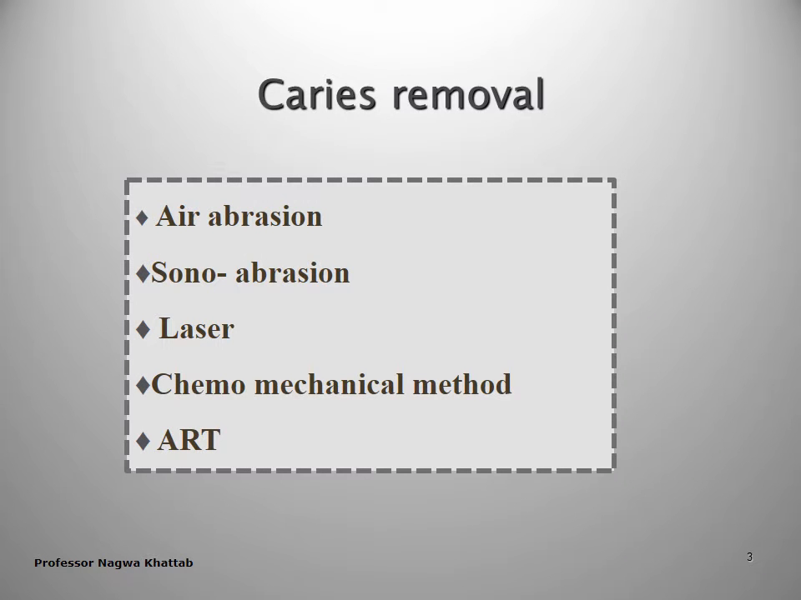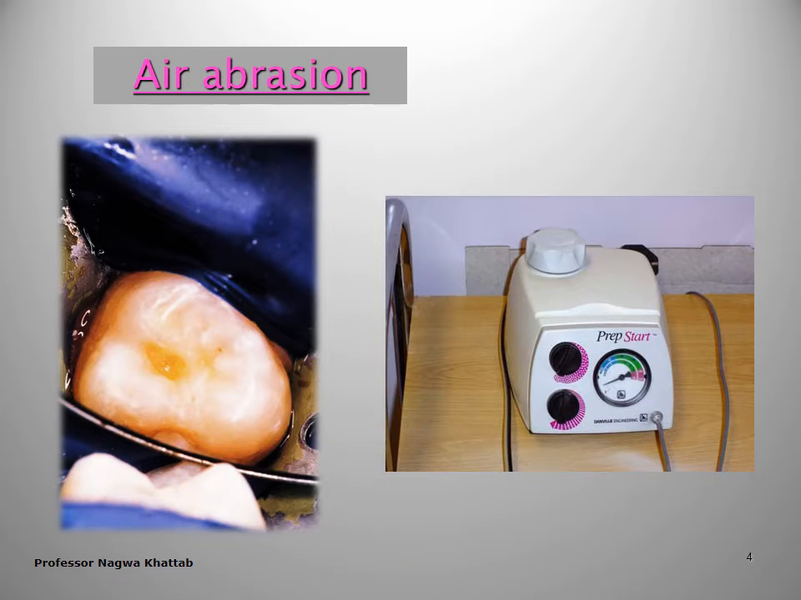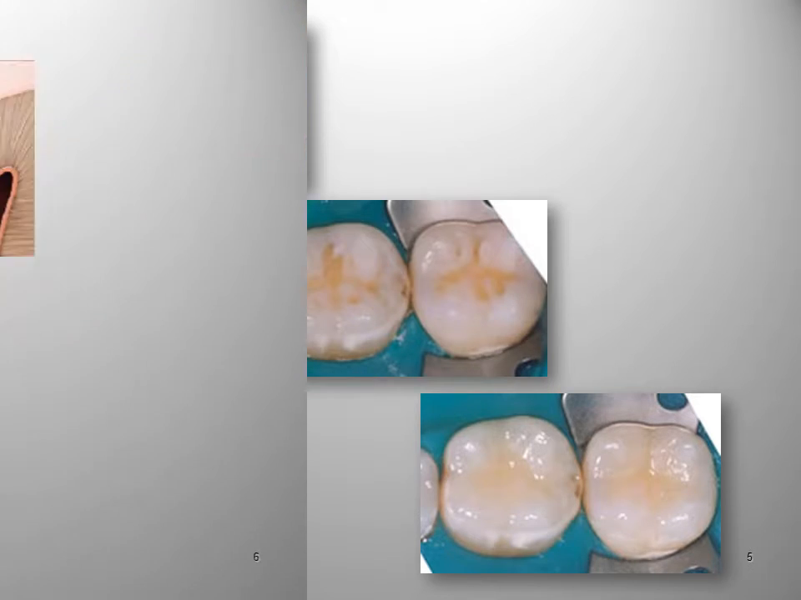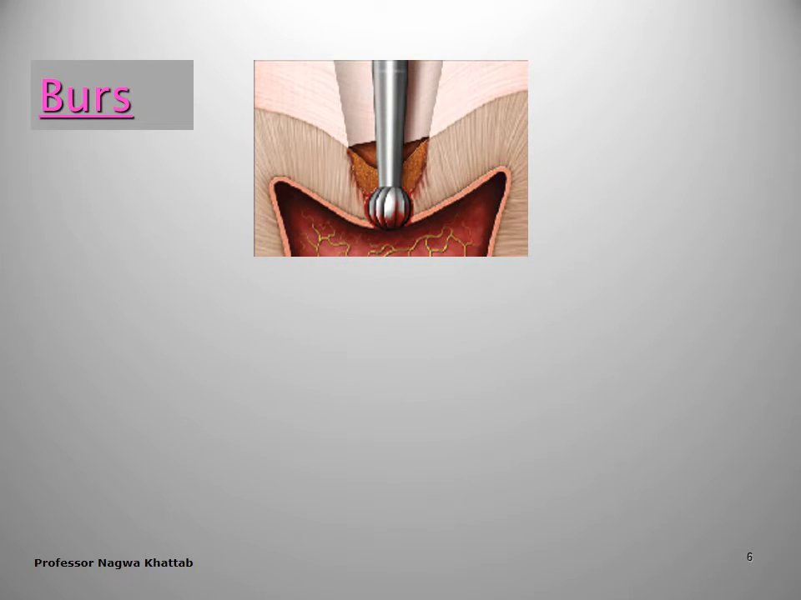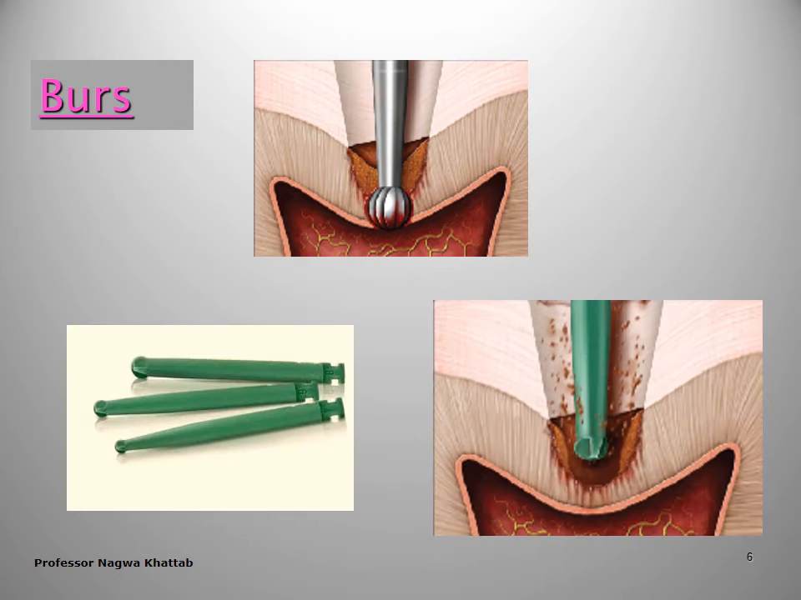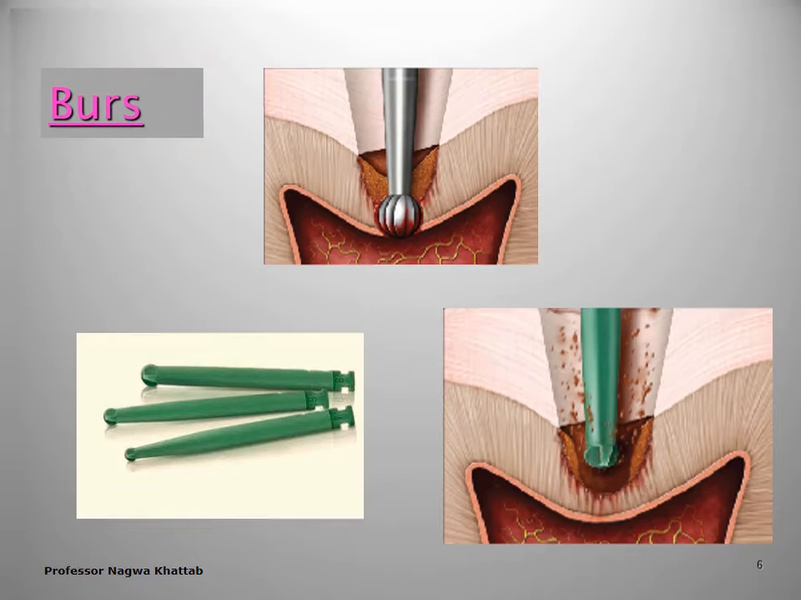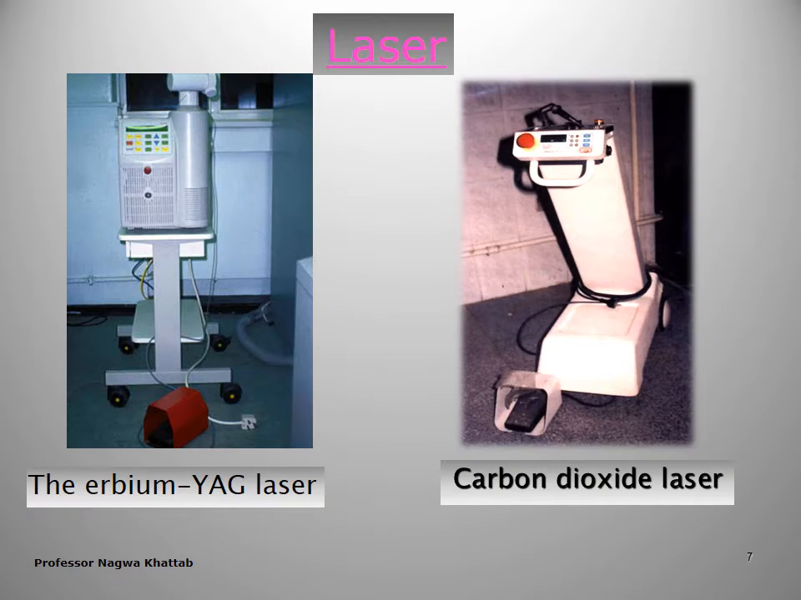For minimal caries removal, you can use air abrasion, sono-abrasion, laser, chemomechanical methods, or ART. The air abrasion device and the cavity prepared with the bur. For the conventional method, we use a carbide or stainless steel bur. But nowadays, there is a smart bur, which is designed to remove only the carious dentine and not remove other sound tissues. The use of laser,